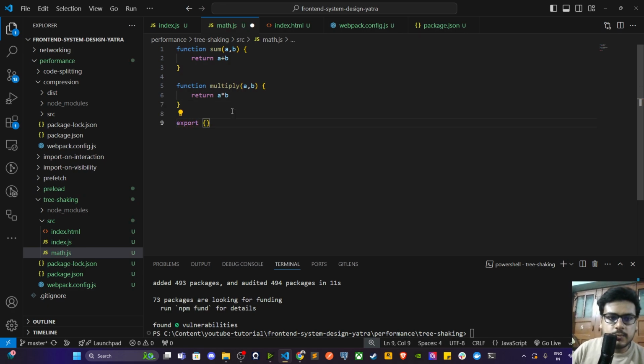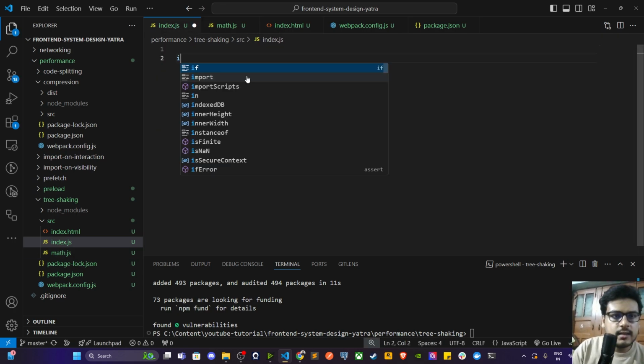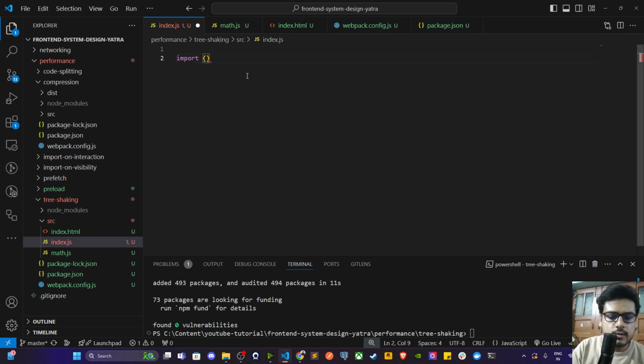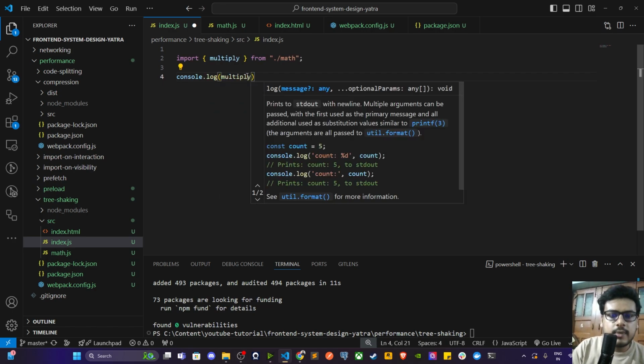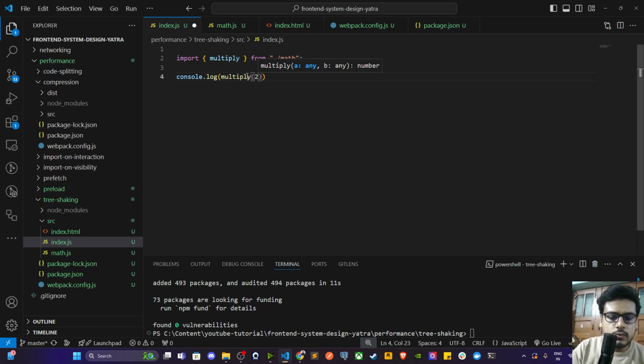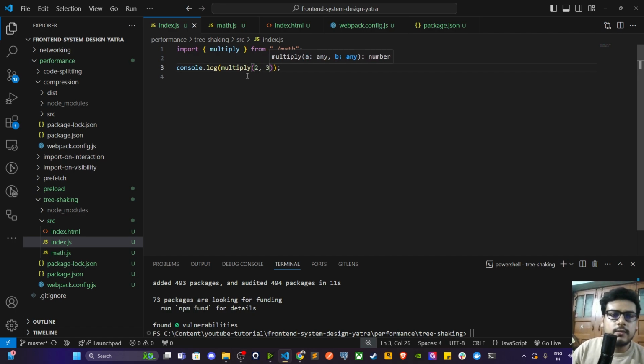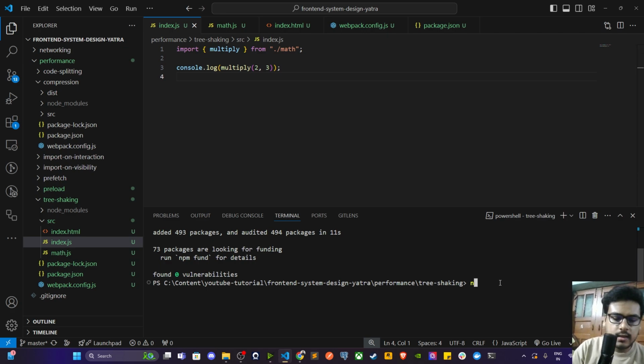And I am going to export sum and multiply. Okay, and inside index.js I am going to say import multiply from math and say something like console.log multiply 2 and 3. Okay, so this is it, and let us hit npm run dev,